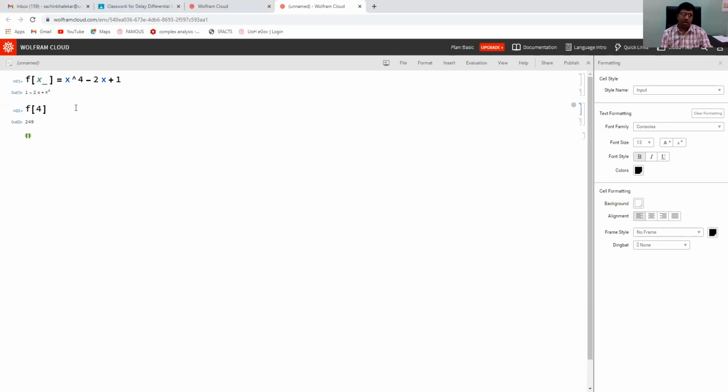You may need values of f at various points at once. Then you can use a list in Mathematica.